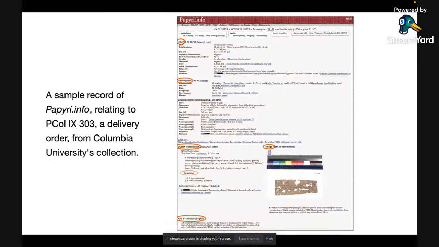Some records also contain new translations, mostly in English, possibly in German as well, produced for the APIS and the HGV projects. The papyrus transcriptions and metadata have been encoded in TEI-based XML,